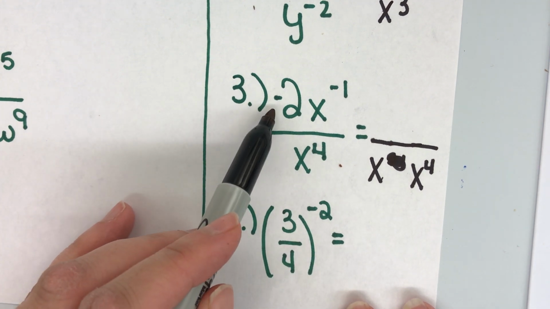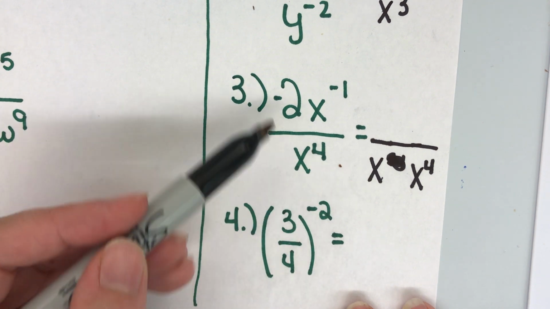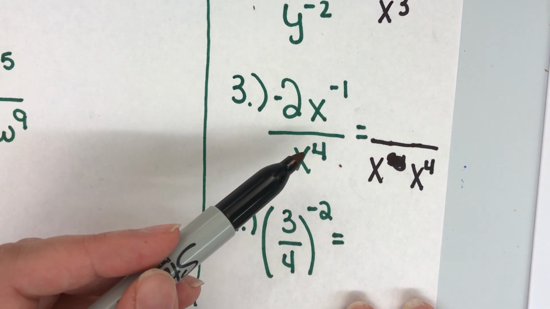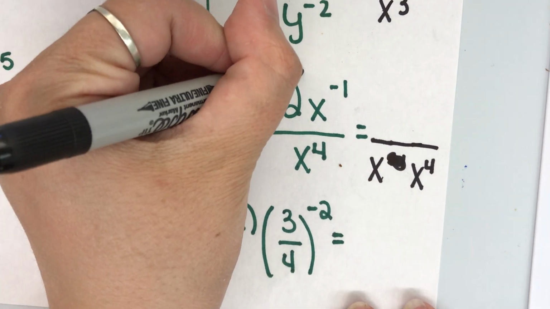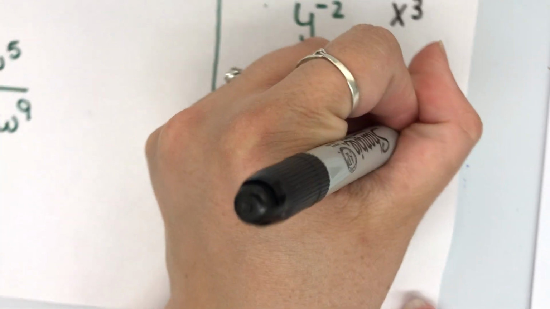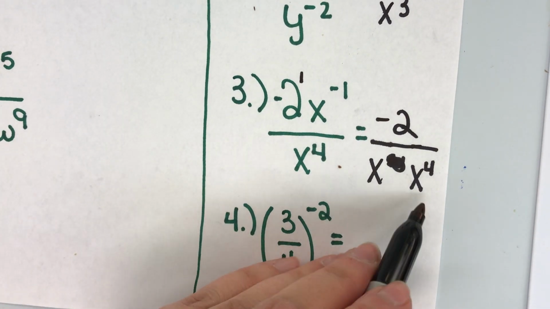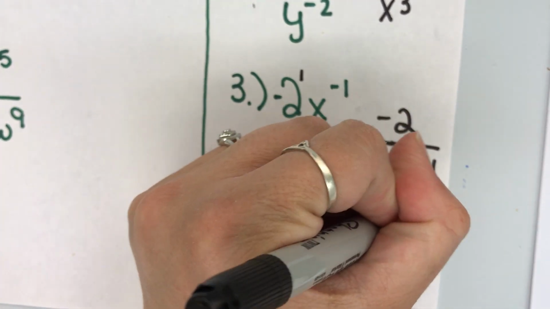Now, a lot of times I'll see students move the negative 2 down to the denominator as well, but you wouldn't want to do that in this case because remember, this rule of negatives only applies to exponents, and this is not an exponent, this is a regular negative 2. Now, it does have an exponent that you don't see, but the exponent that it has that you don't see is a 1. So the negative 2 in this problem would stay in the numerator. The x would go to the bottom, and the x to the fourth would stay in the bottom. And the only other thing you could do here as your final answer